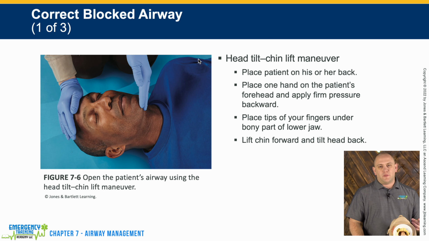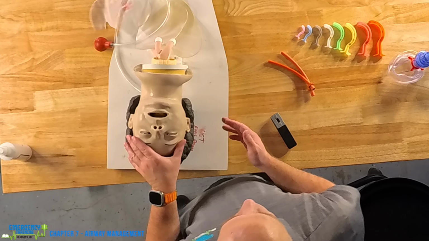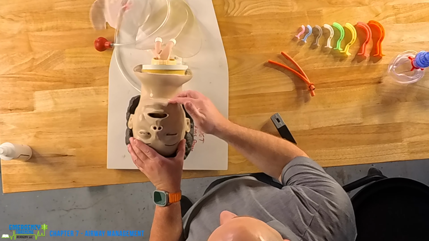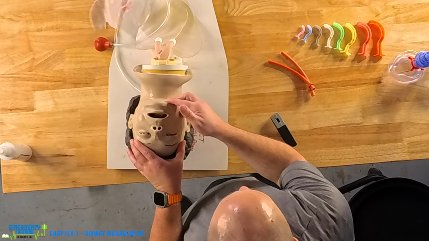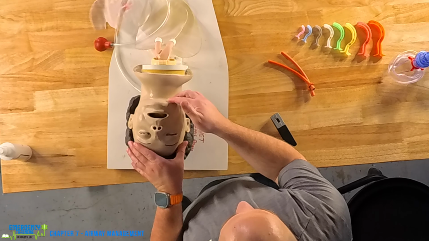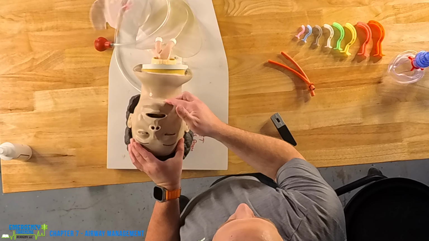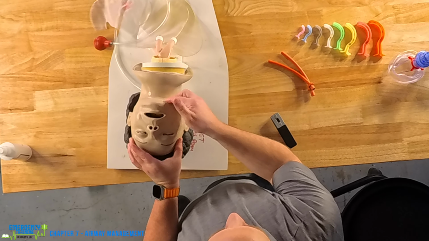So if we've come up to these patients and we've found that they're unresponsive, we're not sure if they're breathing, we need to first correct that blocked airway. So we've gotten them on their back, and the first thing we're going to do once we have them placed on their back, then we're going to place our hand on the patient's forehead and our other fingers on their jawline. And this is called the head tilt chin lift, where we just apply a little bit of pressure backwards and lift up